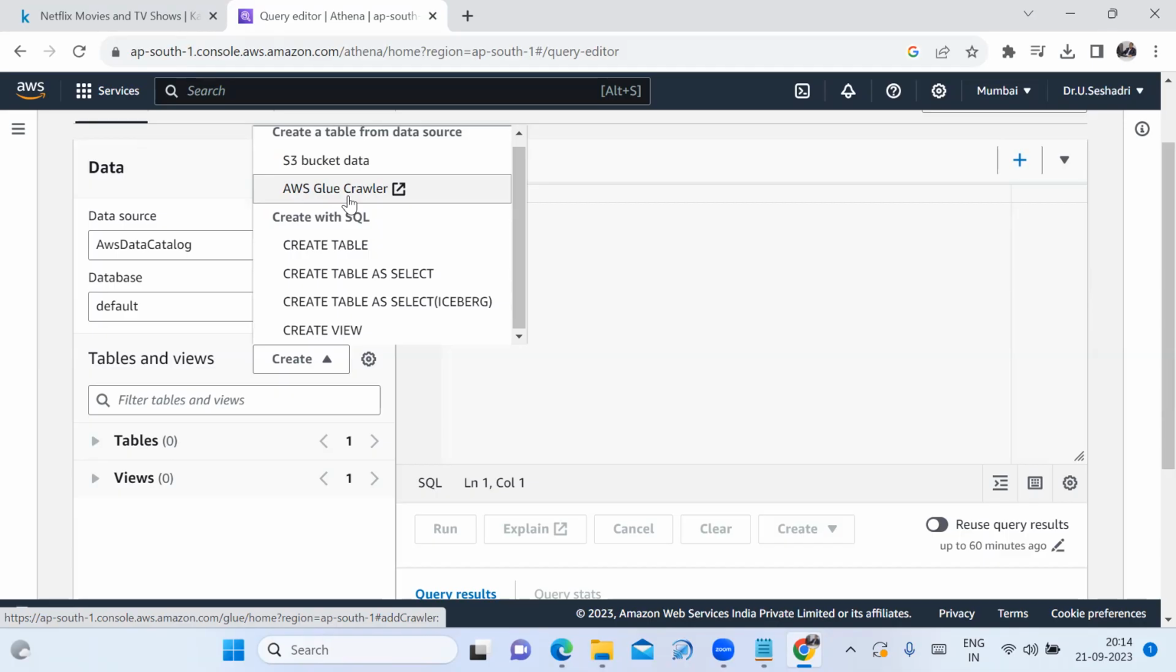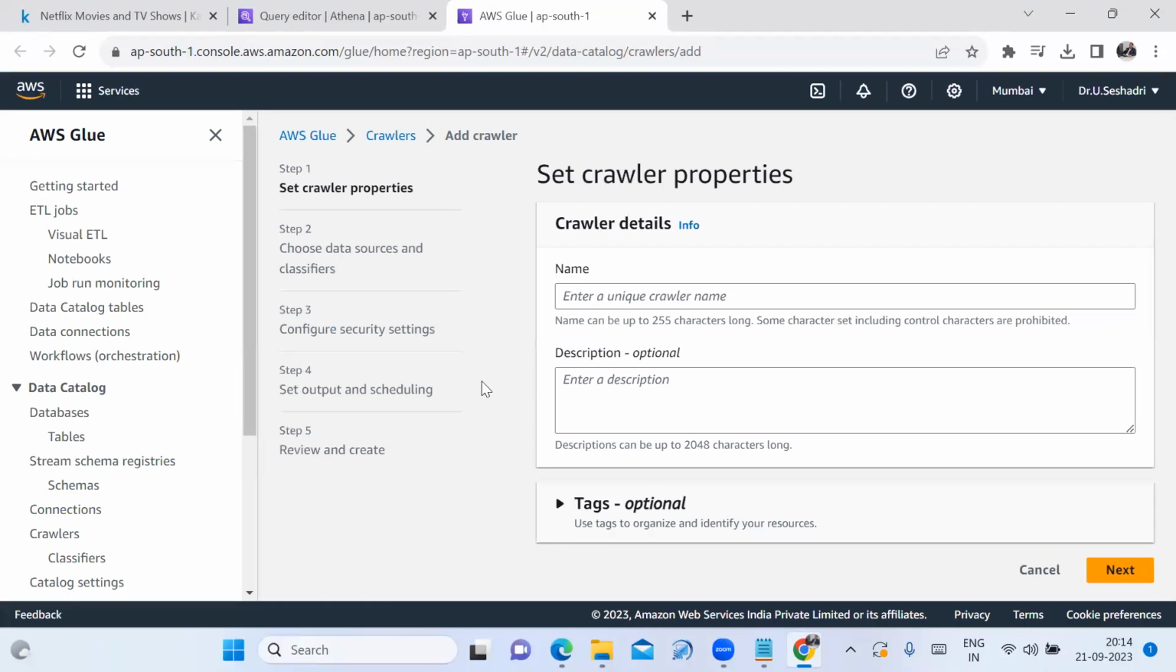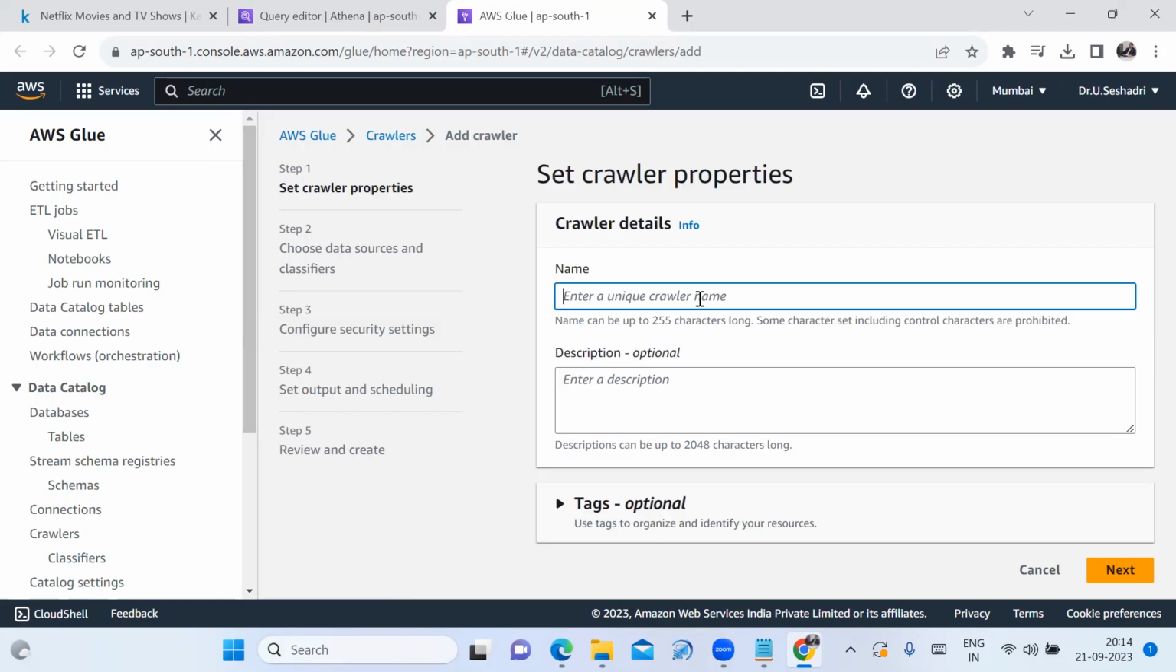How will we see that? We can click on AWS Glue Crawler. Click on that. It has to follow the 5-step process. We have to give the crawler name. That I have given as Netflix